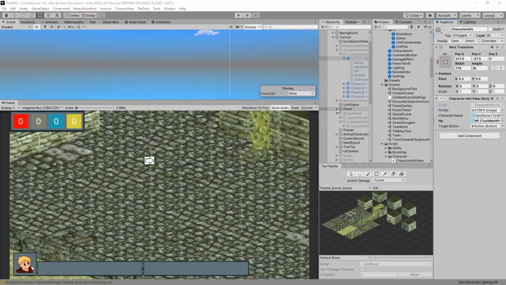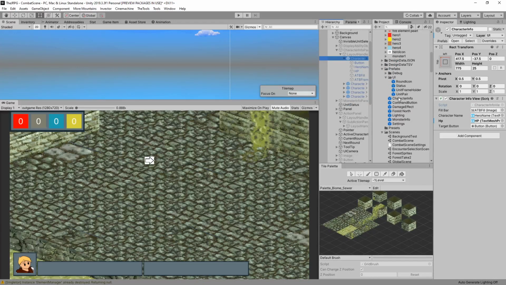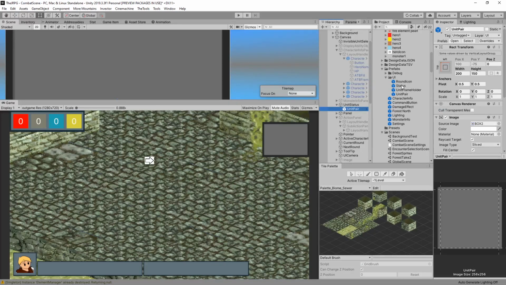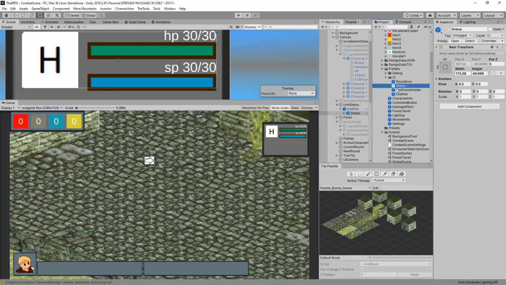So, we had set up a unit status, and we had built a prefab for the unit pair, so we can then have two statuses per unit because we have